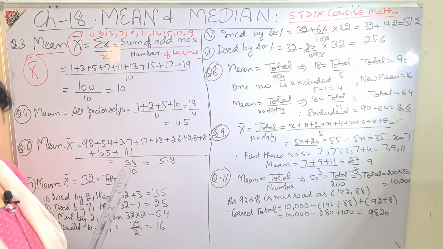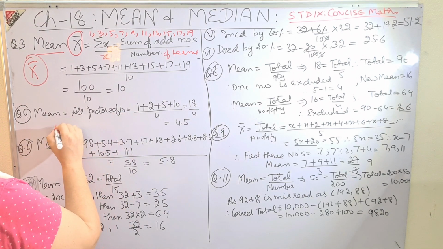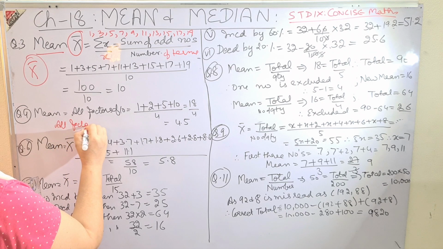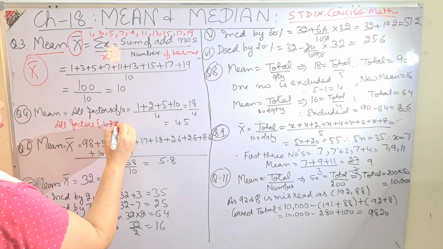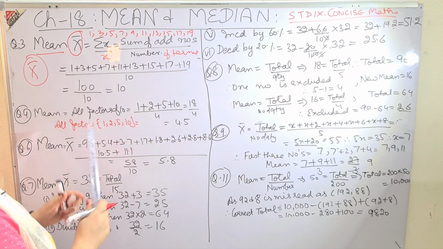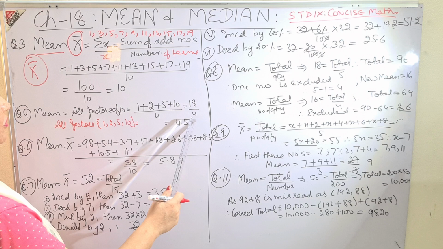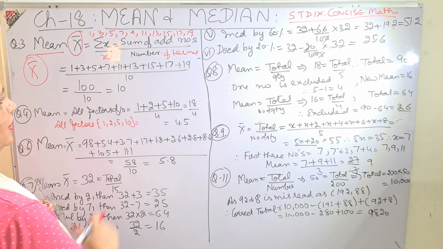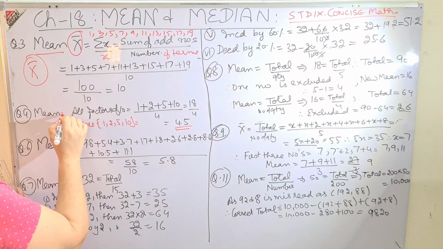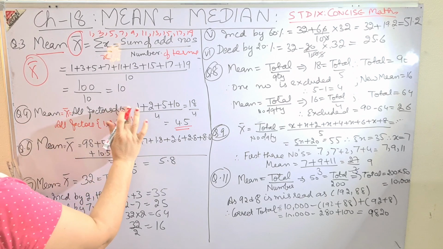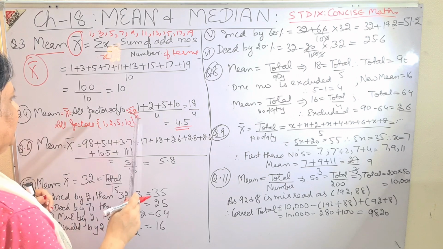Similarly, question number 4 is to find the mean of all factors of 10. All factors of 10 start from 1. You will write here all factors. These lines I am writing with a red pen so that you don't forget to write them. 1, 2, 5 and 10. These are all factors of 10. When you add and divide, because there are 4 numbers, divide by 4. 18 upon 4, and this is your answer. Just don't forget to write here X bar, and of course the formula also, summation of X over n, where n means the number of quantities.